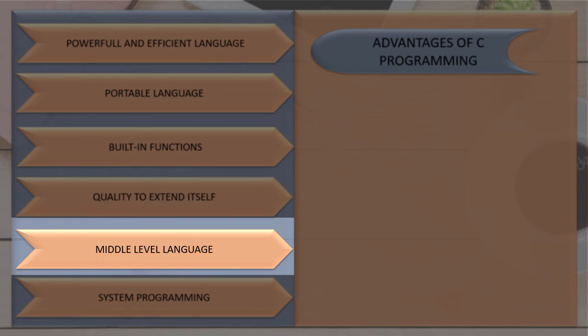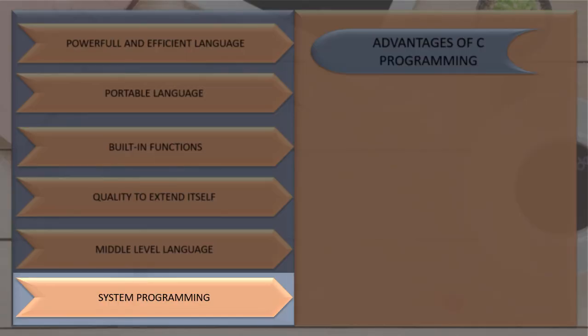C is a structure based language. It means that issues or complex programs are divided into smaller blocks and functions. This modular structure helps in easier and simpler testing and maintenance. So that's why it is called a middle level language. It means it supports high level programming as well as low level programming. It supports the use of kernels and drivers in low level programming and also supports system software applications in the high level programming language. It is used for implementation of algorithms and data structures also.